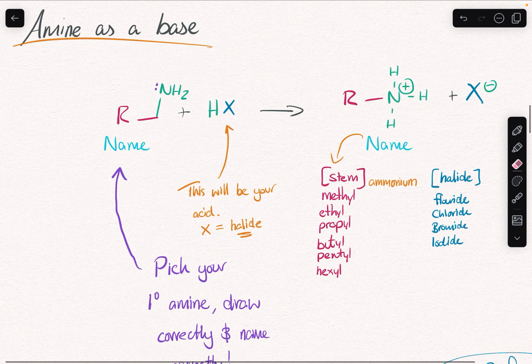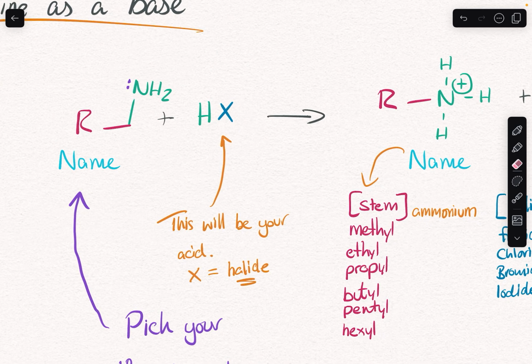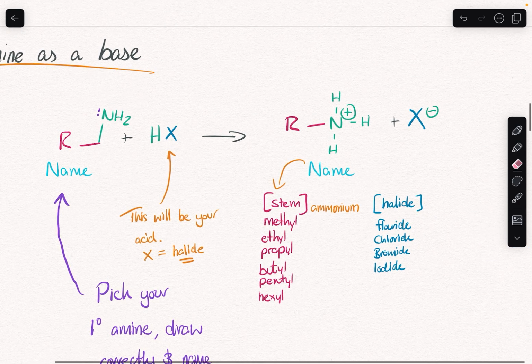So pick your own amine chain, and then this time you're going to pick some form of hydrogen halide. So that's an acid. So hydrochloric acid, hydrobromic acid, one of those. That's going to be your acid. And then when it reacts, what you're going to see over here is that the lone pair bonded with that hydrogen, and the halide has now dissociated. And we have a positive and negative on both sides. So it's still balanced, and we're just going to keep it as this ionic complex, and you're going to call this